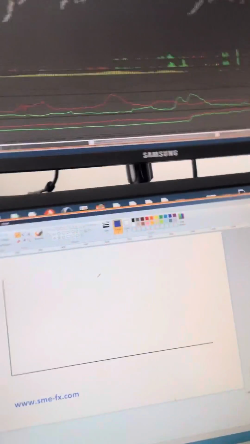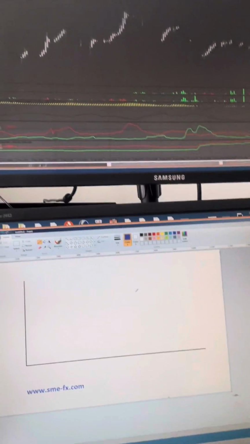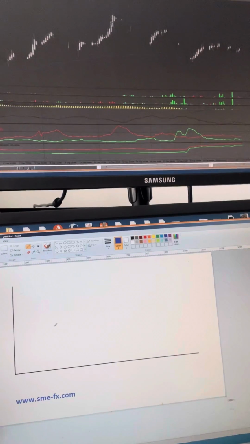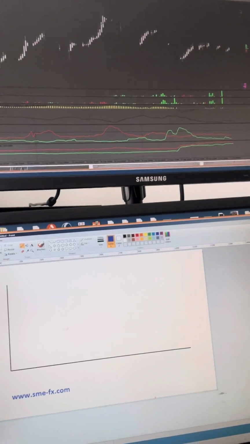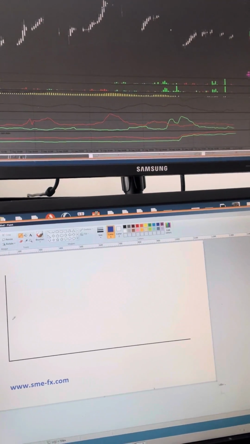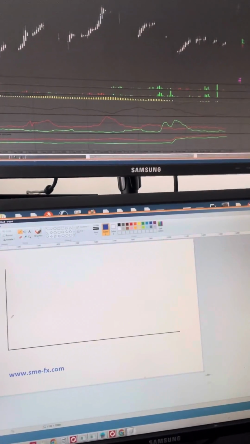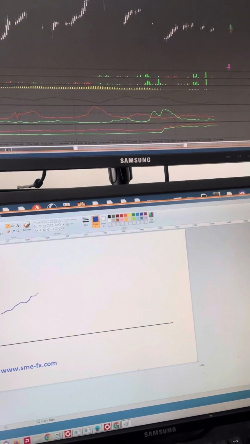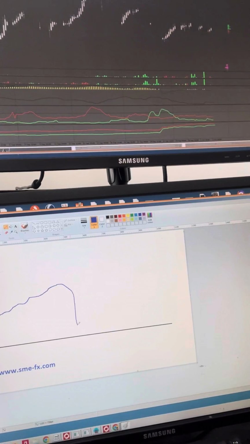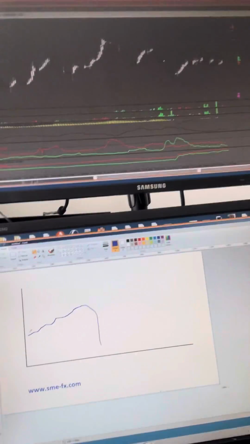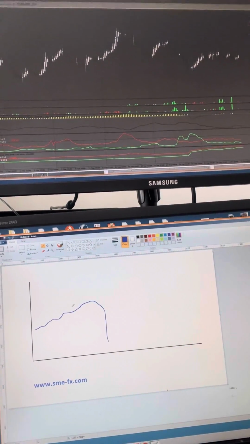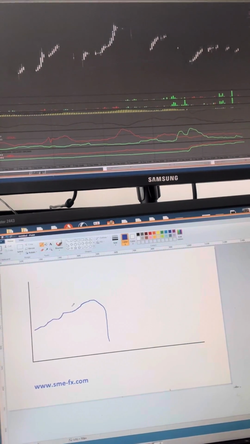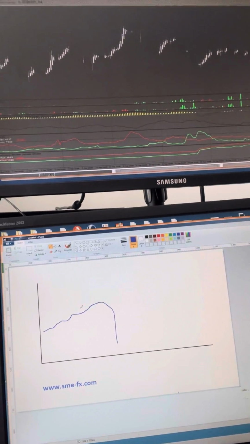So today we're going to talk about actually strategy aspects, using a very wide stop versus using a very tight stop. So as a general rule, if you use a very wide stop, your equity curve will look something like this. Boom. Okay, so you have little profits along the way, some little losers, but eventually